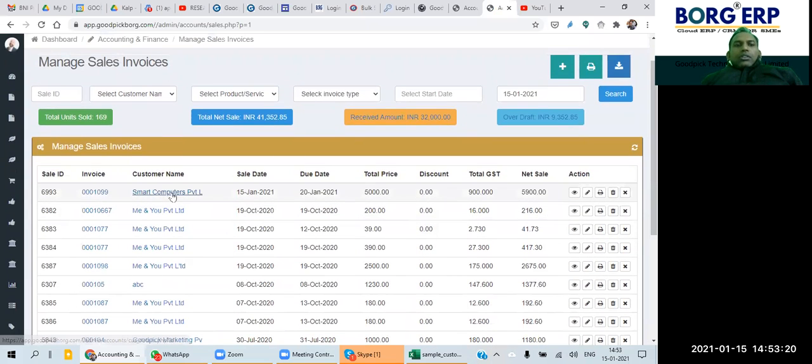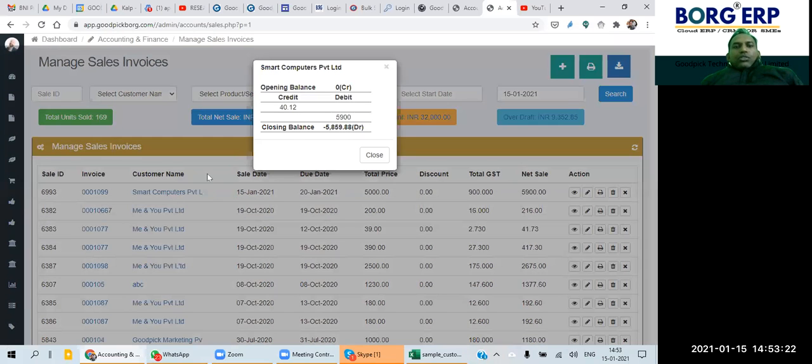If you click on the customer name, all the debit and credit details of a customer will be displayed over here, right? Whatever was credit and whatever is debit. Credit means it may be some extra amount which has been paid by a customer from the previous year or in the last invoice. That's why it is displayed.